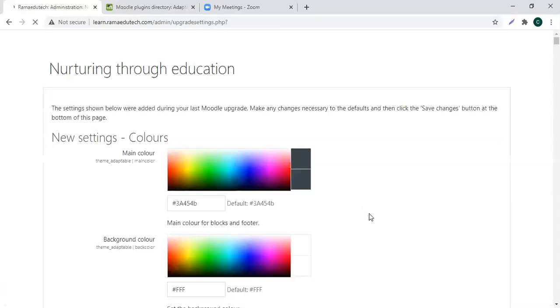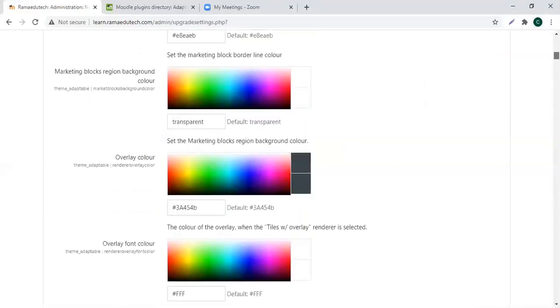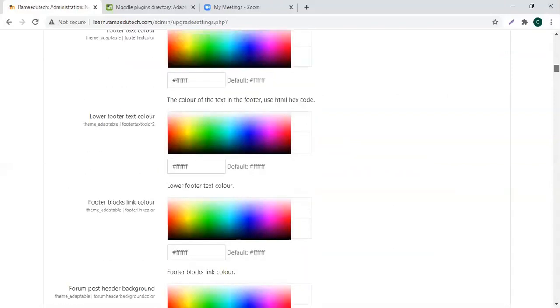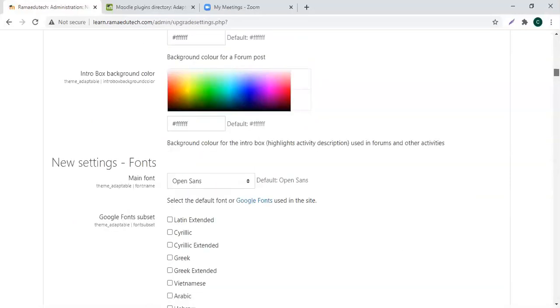So it's asking you for settings. Here are some common settings for your theme. For example, what is going to be the main color? Okay, this is the default color that the theme has chosen. Similarly, you have the background color, main region. There are a lot of settings, that you can either go through or leave them to default if you want. Okay, you can select the font. Why they give you so many settings is because sometimes you want to customize it according to your needs.